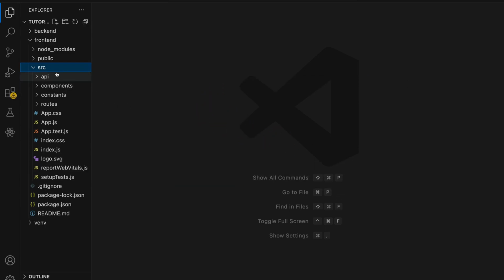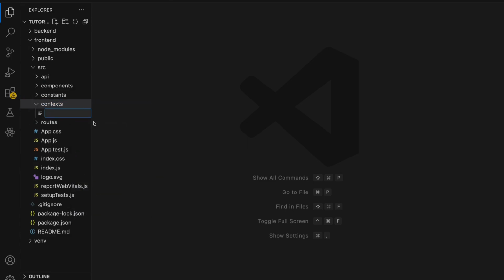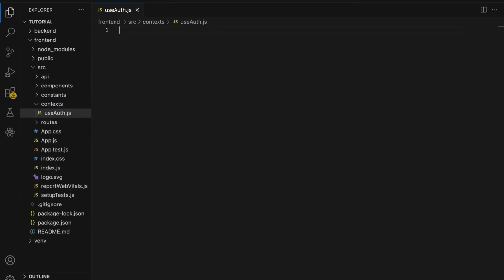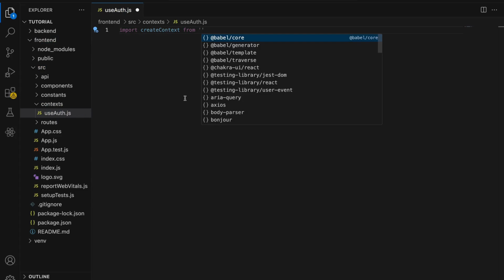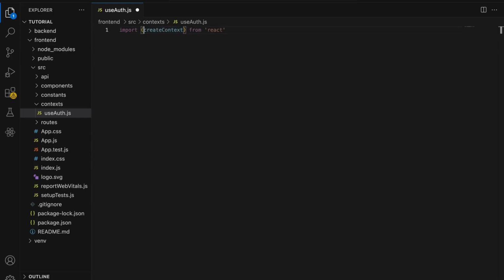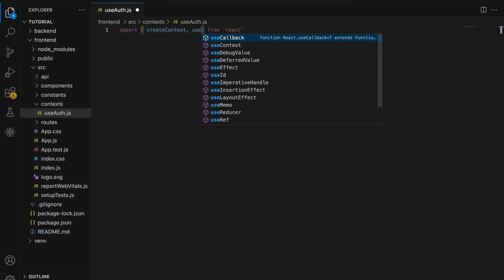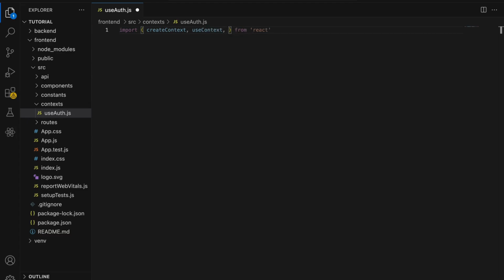So what we're going to do is, I'm just going to walk you through it. We create a folder called contexts. We create a file called useAuth, okay, for authentication, .js, okay. So we have to import a few things. So we're going to import createContext from React, then useContext, useState,